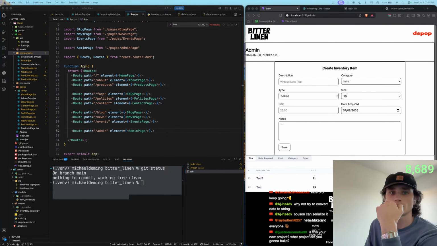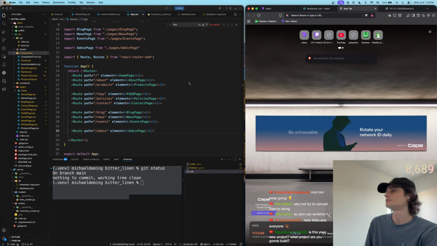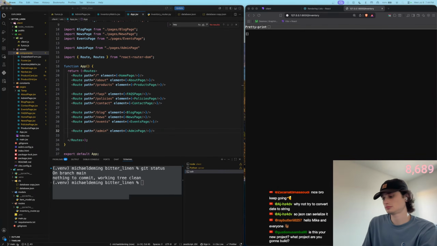It's not linked to a remote repo yet. Git remote add origin, and then add origin. Okay, so let's go to my GitHub here, for my Bitter Linen. GitHub here. Okay, we want to do